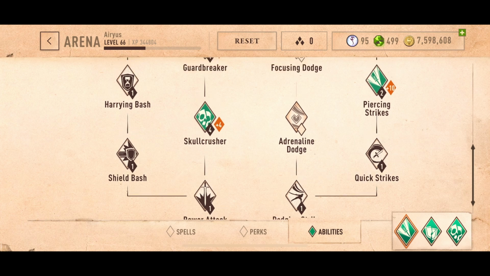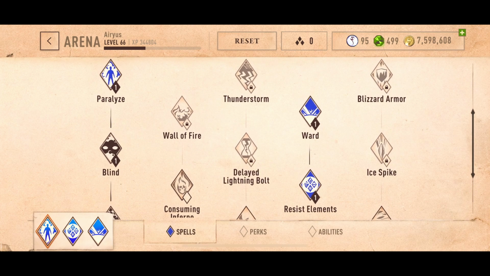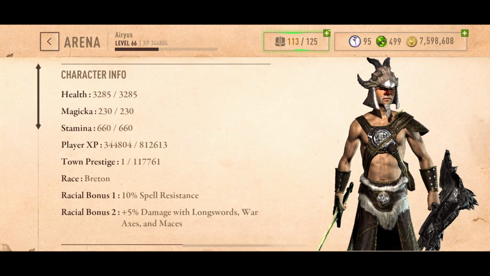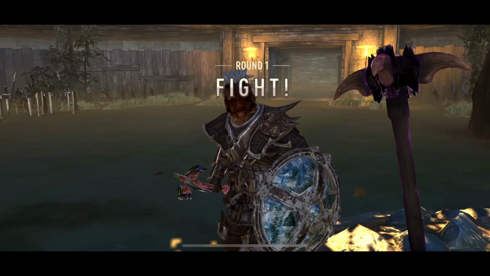I'm still toying around with the magic setup. It's primarily used for defense. All the skills are at level 1 because I only have 230 magicka to work with. I wanted to keep this as low as possible to min-max my stamina setup while still bringing some functionality to the table. While it won't allow me to tank a lot of damage, it will save me a little bit